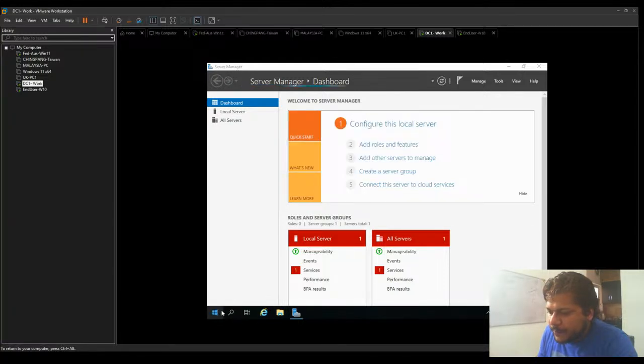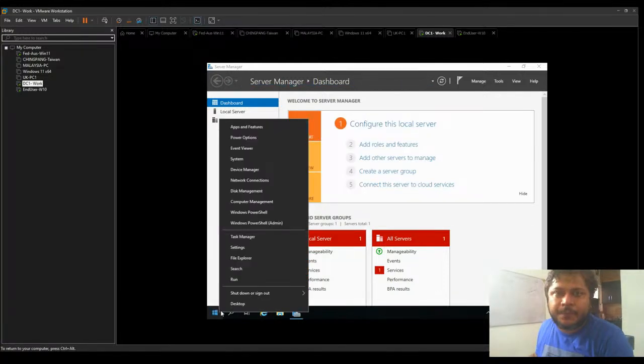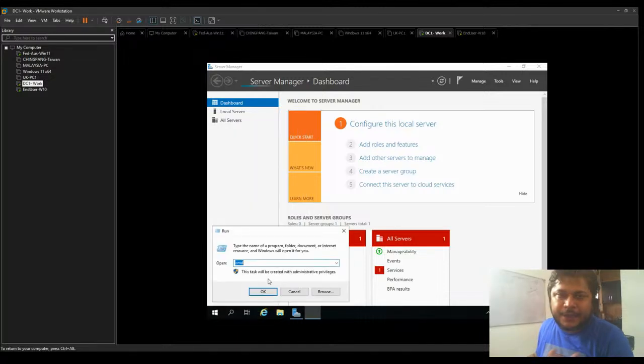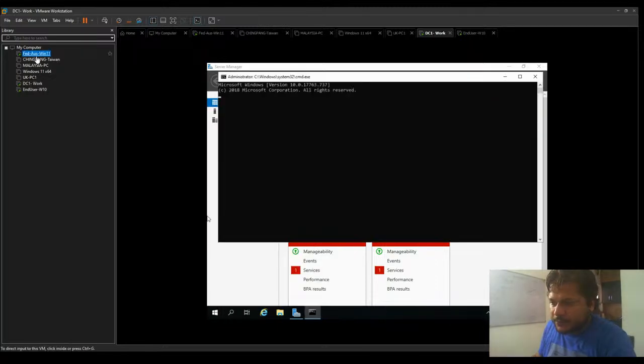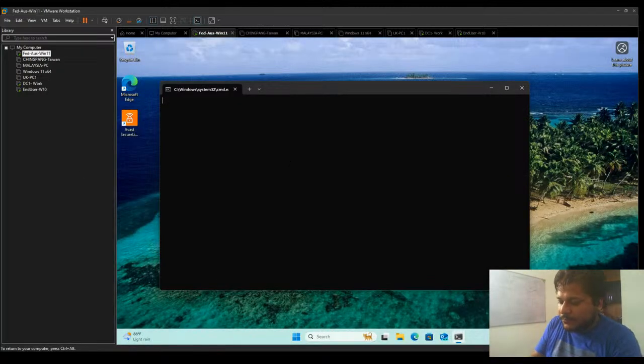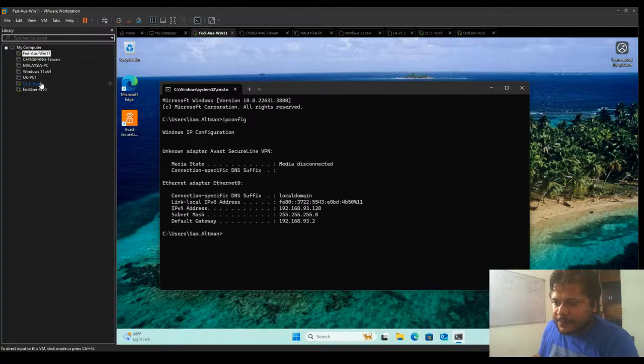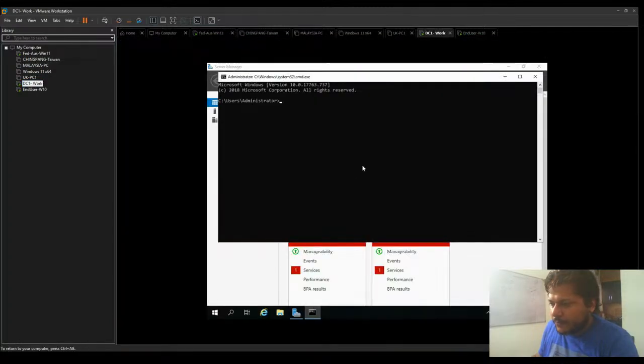Over here on the domain controller, make sure that you open the configuration as well, because you need the address of the domain controller, which will be used as the DNS server for the client machine. And from over here as well, on the client machine's command prompt, I check what its current IP address is. This is the domain controller.